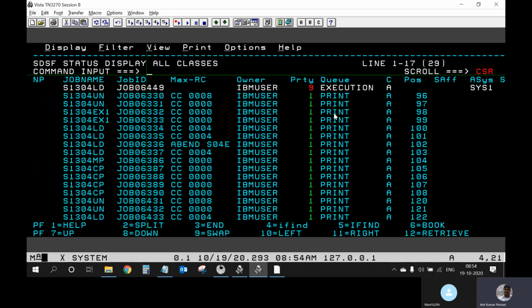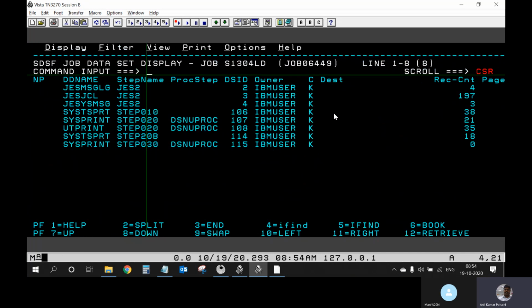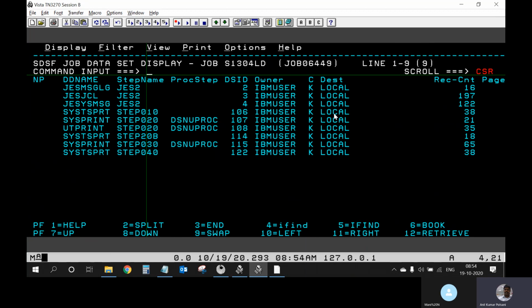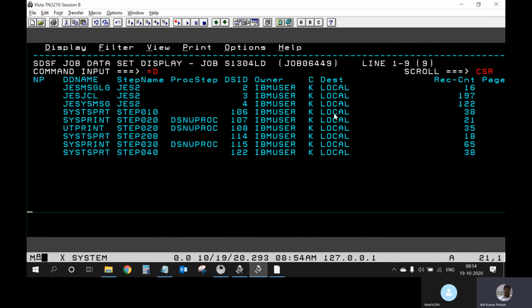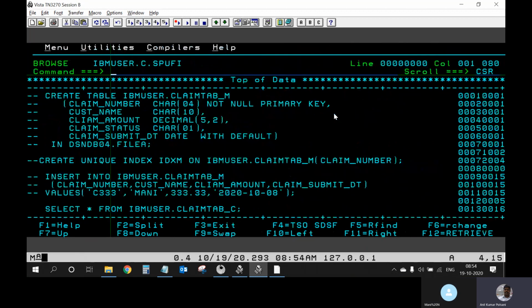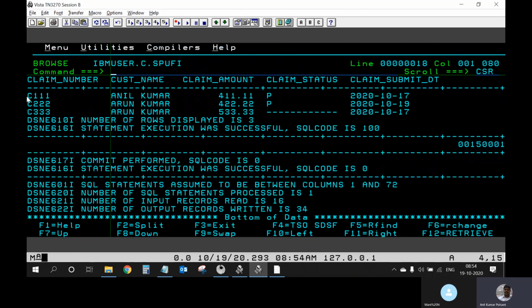Again, remember that 904 as well. We got completed now. All I need to do is check my Spufi tool. So we have now 3 records loaded with the new data that I gave to the system.